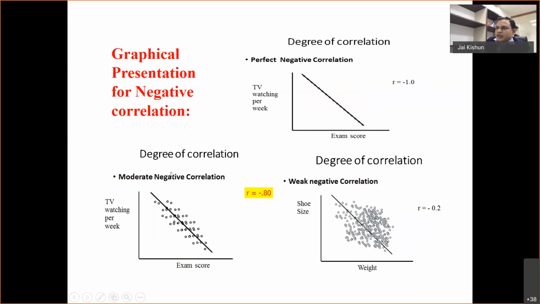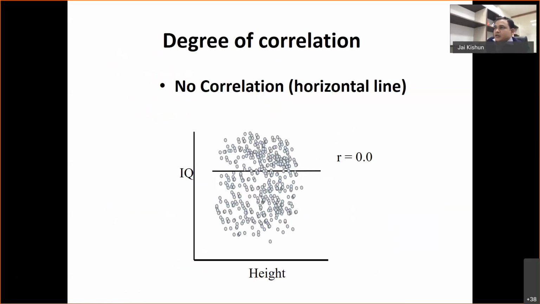This is moderate, or actually every book writes it in a different way, so basically you can say a strong relationship. I will show you a figure with the cutoff points for when we say weak, strong, or moderate. And for the weak correlation, here we can say that the scatteredness is more as compared to this. So this will be a weak negative correlation. And this is no correlation.